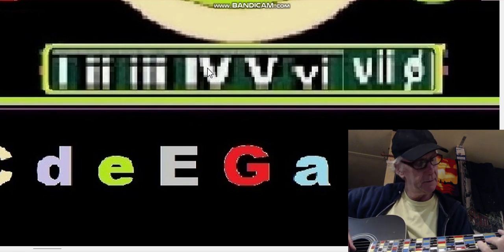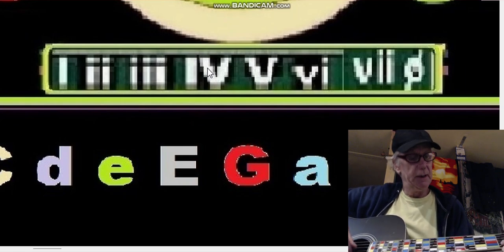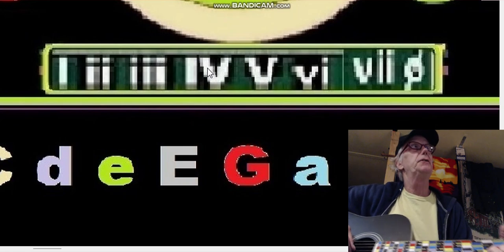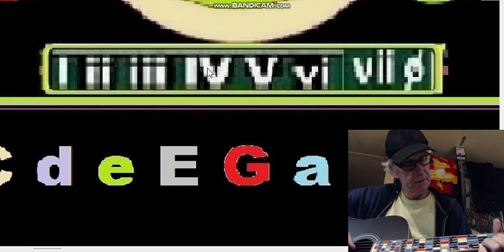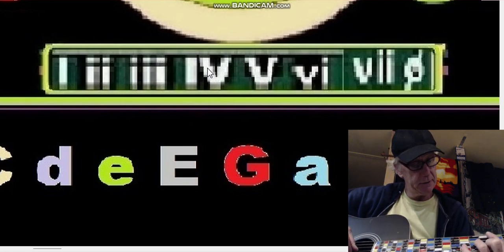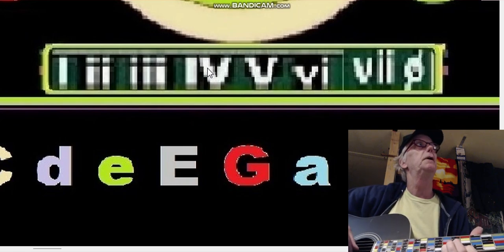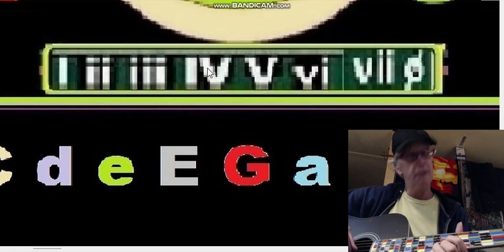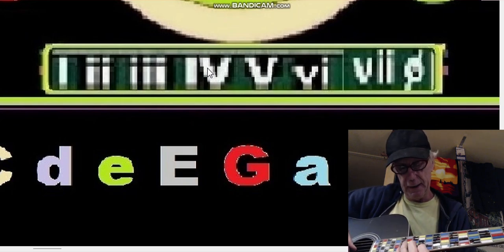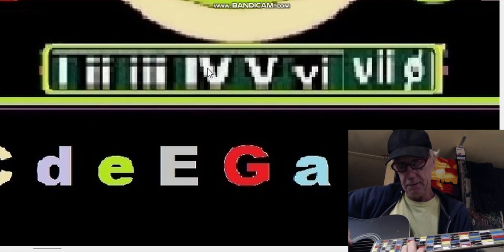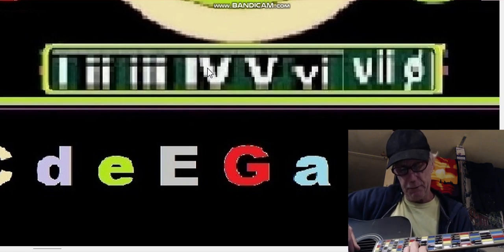We start here on D. In this case, we could start on a C here, then go to a D minor, then E minor, and then F, and G, and then A minor. Okay, now for the half diminished, we're going to go up